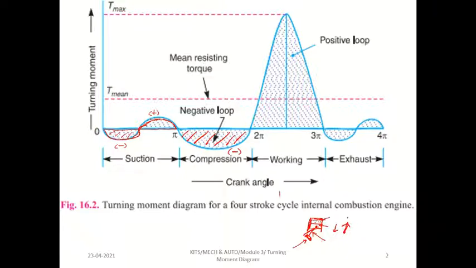Afterwards, a small fire or flash, because of the flash, high temperature, high pressure, the fuel will be ignited and moved in the downward direction with a lot of force. So the piston gets a lot of energy and moves downward. The same energy will be transferred to the crank, connecting rod, then crankshaft, and finally from the crankshaft the energy will be stored in the flywheel. So we are getting a lot of positive energy and it will be stored in the flywheel.